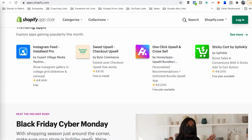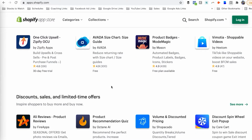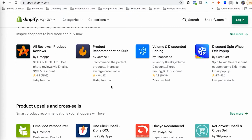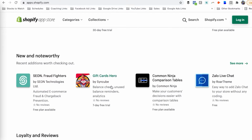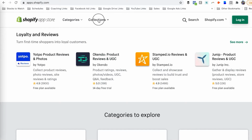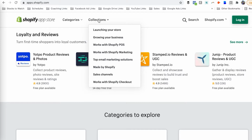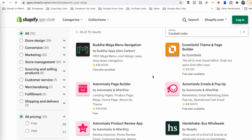But for a beginner, there's even really easy stuff. So like one-click upsells, where someone can just add something onto their order, really easy. Having product badges, having volume discounts, product recommendations, right? This is all very easy stuff to begin with. And if you're having any kind of difficulty, or like loyalty and reviews, you can always go to this really nice collections feature up here. And if you're just looking to launch your store and get started as a beginner, this might be the useful collection that you might want to peruse when you have a spare evening and some tea, right,